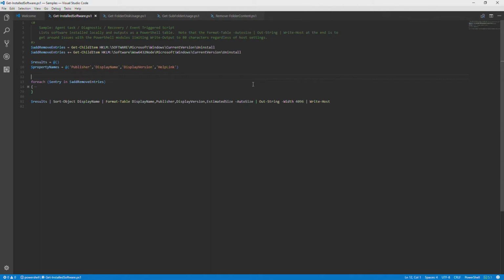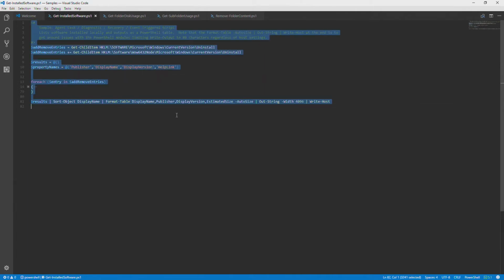Now, let's say I want to run this on lots of servers, and potentially there are updates occurring to it, so does everyone have the same version? And I want to make it really easy for people in the NOC, maybe not as skilled with PowerShell, to be able to get the results from this that they might need during an incident or an outage. What I can do now with this management pack is copy this script and go